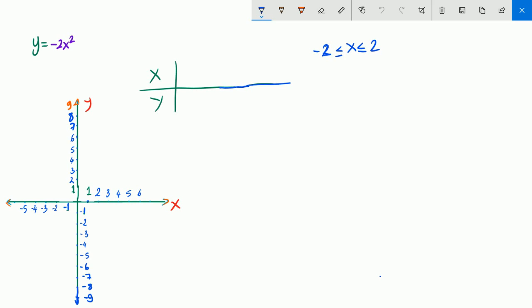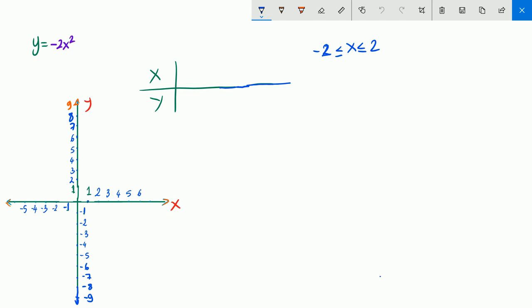We are going to do something a little bit different in this question. We are drawing the graph of y equals negative 2 times x squared. We will graph this quadratic function, but we can place any values of x. We can give any numbers. We can pick any numbers in the previous questions, but in this question we just pick the numbers in between